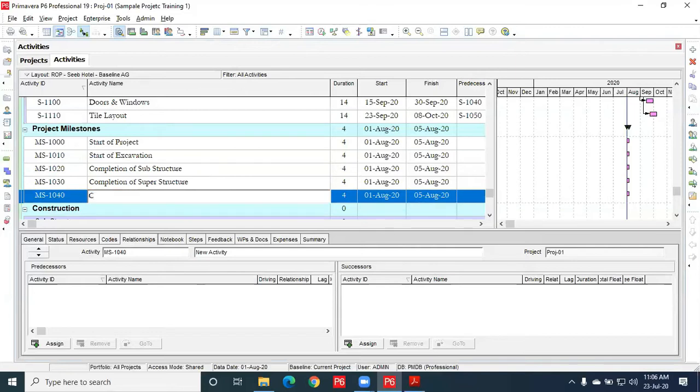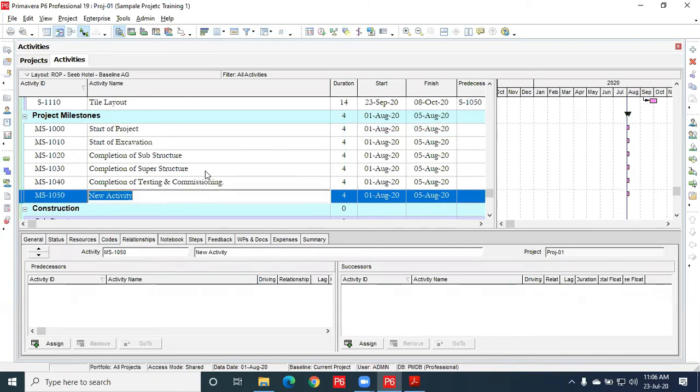Then completion of testing and commissioning, and then handing over.